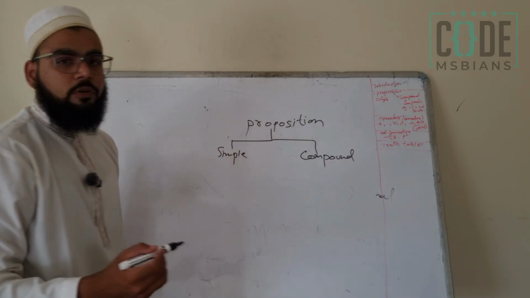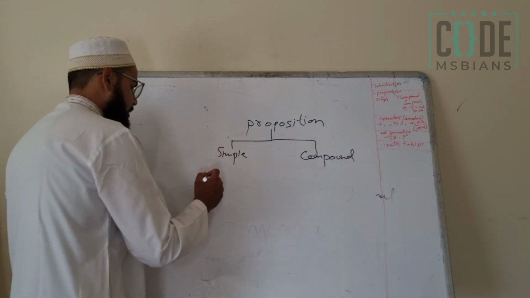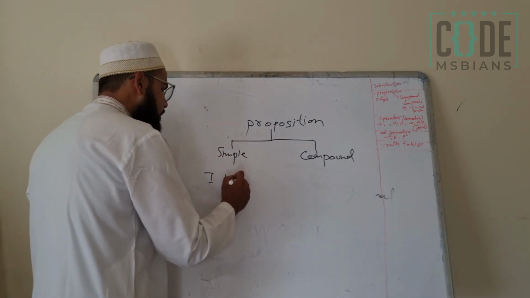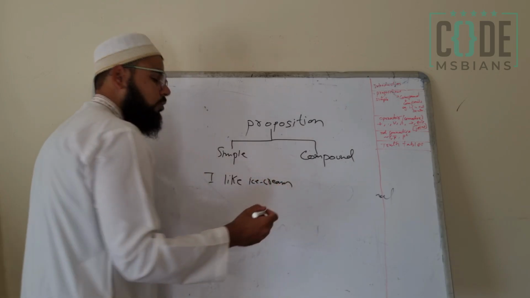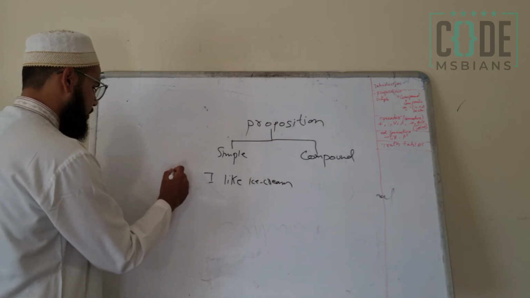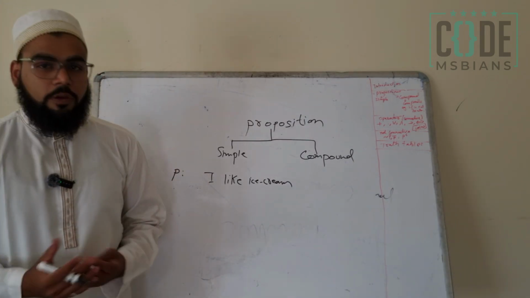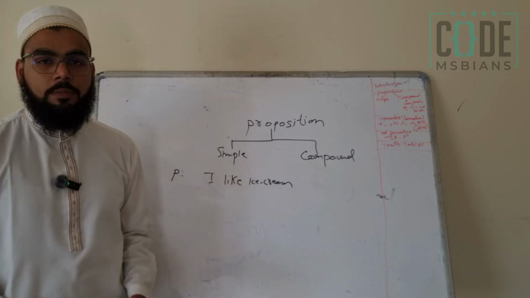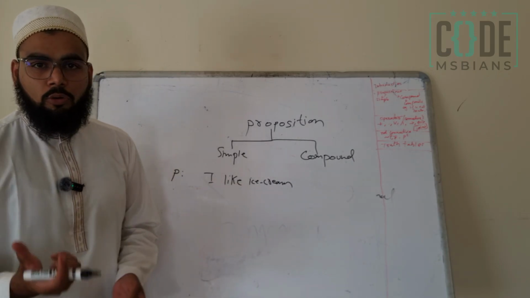For example, if you have a single statement, let's say I like ice cream, you can use a single variable for that. For example, I can use p for representing this. Now let's say you have a statement which is not a single statement but can have more than one component in it. For example,